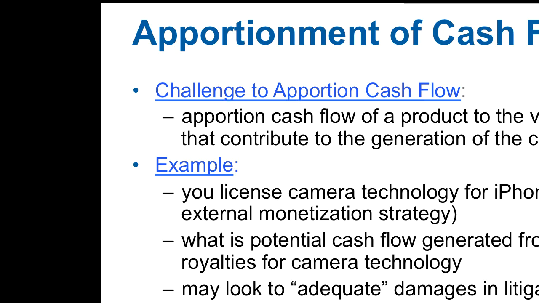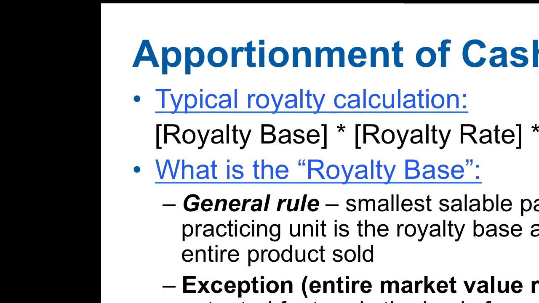It's certainly unlikely in the iPhone 6 scenario, but for purposes of this example, I want to walk through this valuation using kind of a reasonable royalty analysis and give you a sense of how this works. So a typical royalty calculation is your royalty base, say the iPhone 6 or whatever the widget is, cost $100. Your royalty rate is 5%, and you multiply that times whatever the number of units are over whatever course of time, quarterly, yearly, whatever it may be, and that's your general inflow of cash.